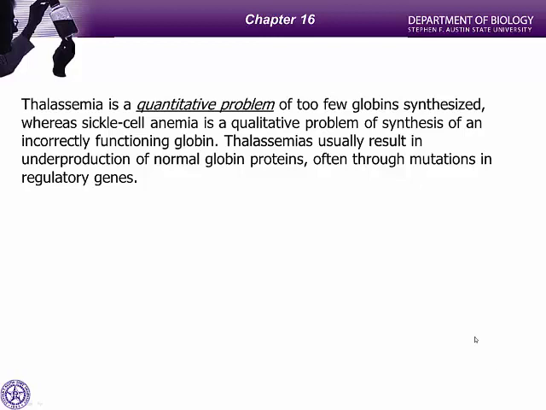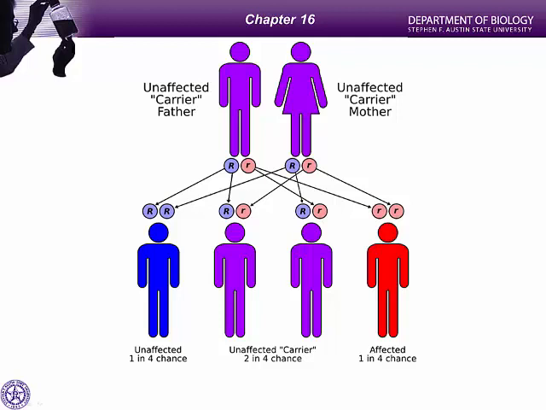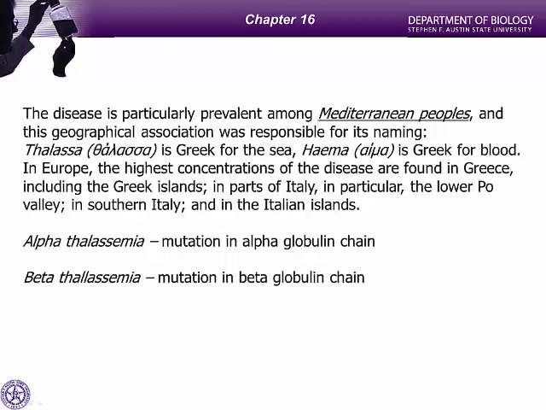Now, thalassemia and its inheritance, it's going to be a recessive disorder. So you must carry both alleles to actually express the phenotype of thalassemia. So in that case, both of your parents either have to have thalassemia or be carriers for thalassemia before you then have a 25% chance of being affected and expressing that phenotype. So if we mutate the alpha chain, alpha thalassemia, beta thalassemia,